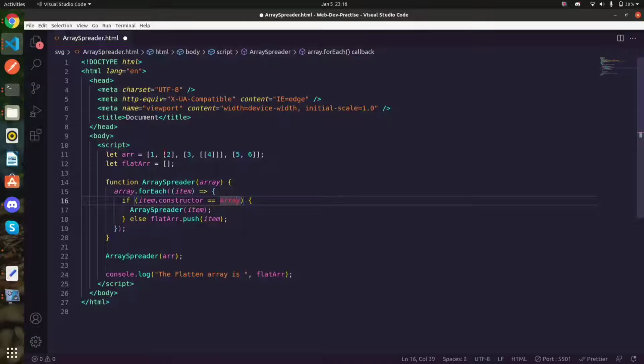If it is, as in this case, we go inside the if block and again call the function, which in turn receives the array, in this case this, or it can be this, and processes it again, checking inside. If it finds an array, it repeats, or else it goes here and just pushes into the array.